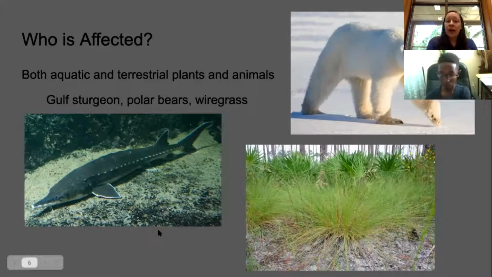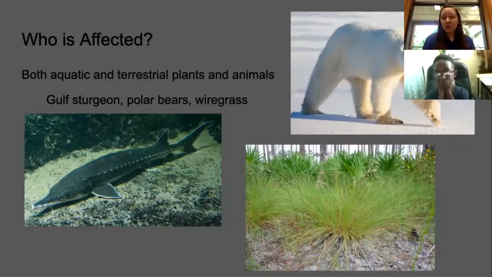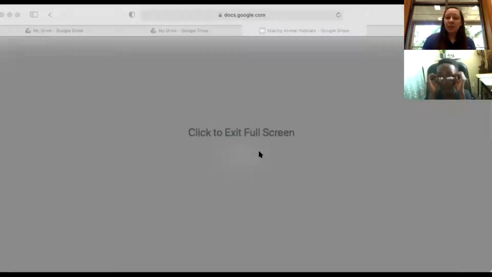Well, we used to have the Gulf sturgeon found here naturally because they would migrate up the river. Well, people have built dams in there for the power to help produce electricity for our houses and businesses and everything. And so because of those dams, the sturgeon is no longer able to get,